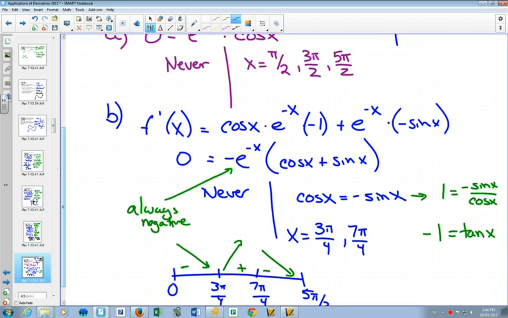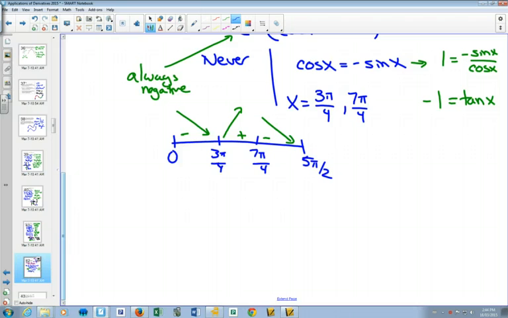So in the range that we were asked for, we now know how it's going up and down. If the range had been extended, there would be way more values that you'd have to solve for, because you'd have to figure out all the places where tan is equal to negative 1, and there'd be an infinite amount of them. So it would be continuing this pattern up and down as we go. Now, as far as putting these points and where they would be,